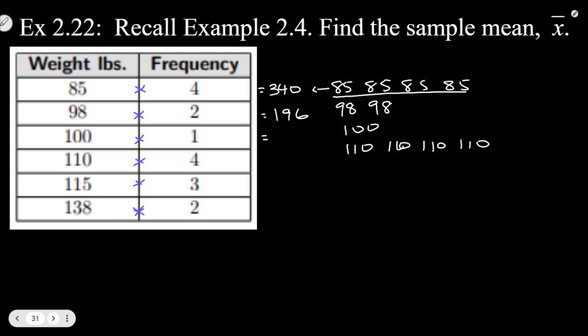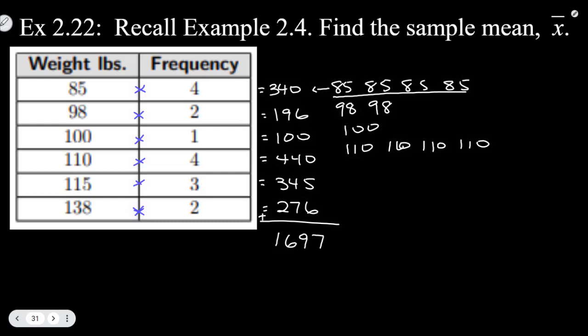Then we go to the next one, and that one is clearly 100 because it's just times 2. The next one is 440. The next group is 345. And then the last group, 138 times 2, is 276. Now we're still wanting to add all of these up, so we're just going to add up all those totals for each row. So 340 plus 196 plus 100 plus 440 plus 345 plus 276, and that gives us